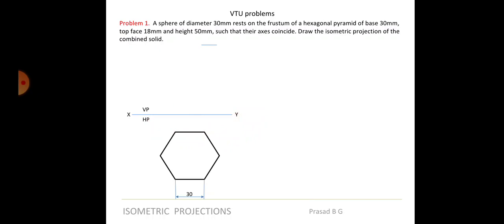So the base side is 30 mm, so you can take it in ISO only. As I told you, we'll follow the same practice. You can draw it in ISO 30 only here, so that it's easy for us to take the dimensions later on. Based on that, I have started it like this. Then I will do the namings A, B, C, D, E, F. So this is what I told you: directly you can do the top view, because you know the side is 18. Otherwise you would have to draw the front view, get the section, and do it from there, isn't it? Here you can directly draw.